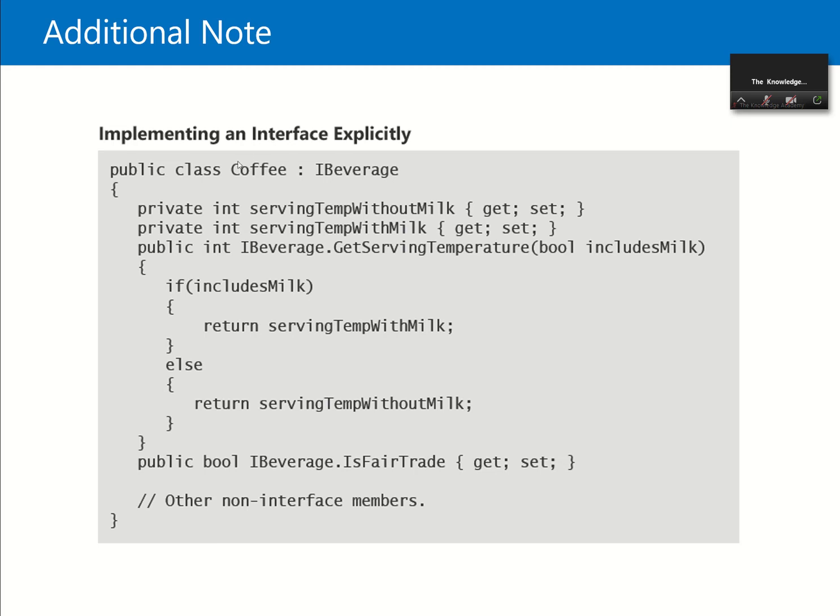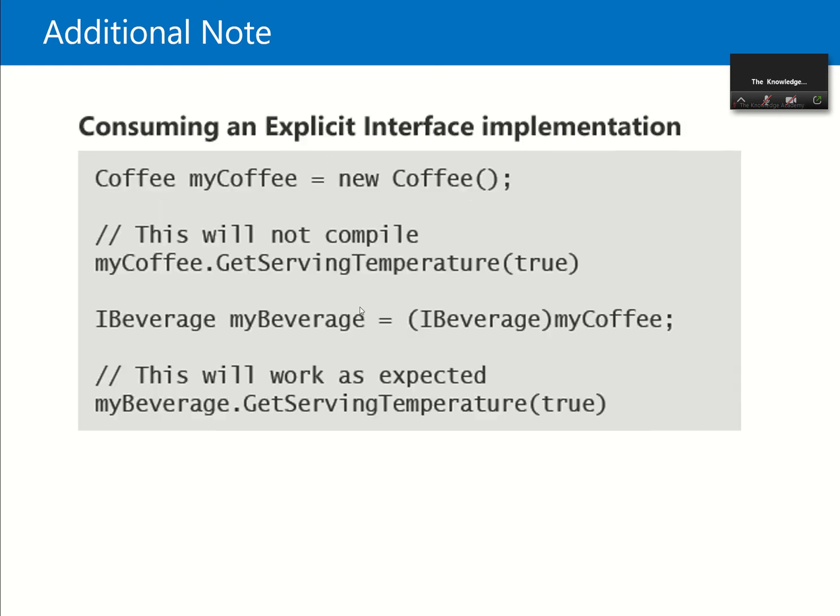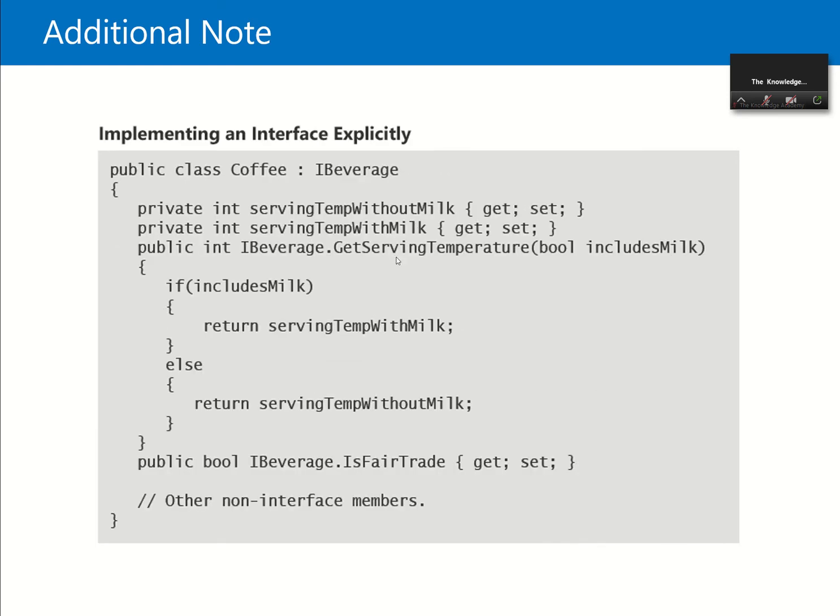But you want to be specific that this GetServingTemperature is inherited from the IBeverage and has to be called from the IBeverage interface. So you can type IBeverage.GetServingTemperature inside your class method. By using this, because it's explicitly stated that this GetServingTemperature method is part of the IBeverage interface,